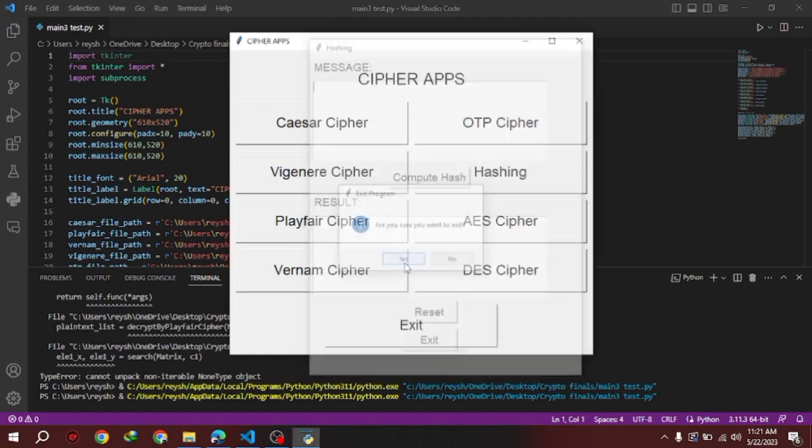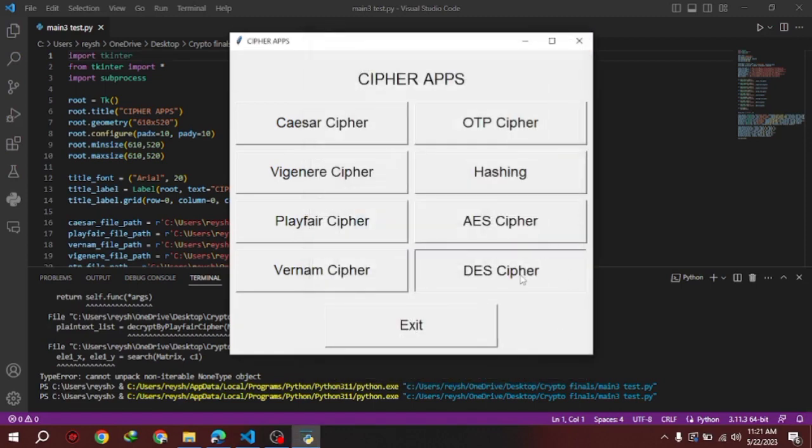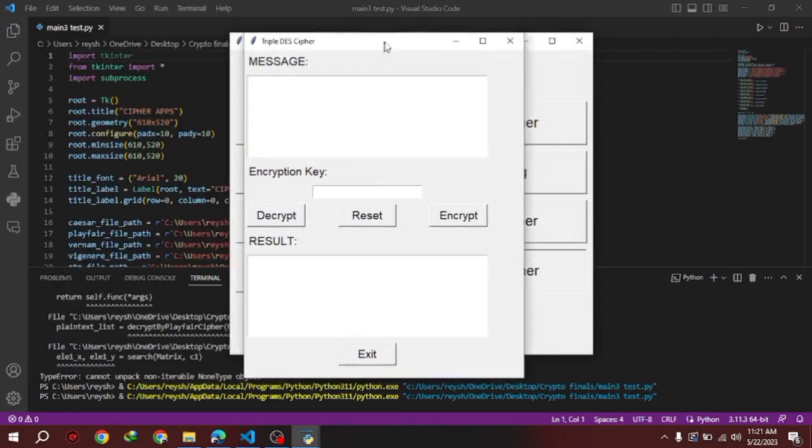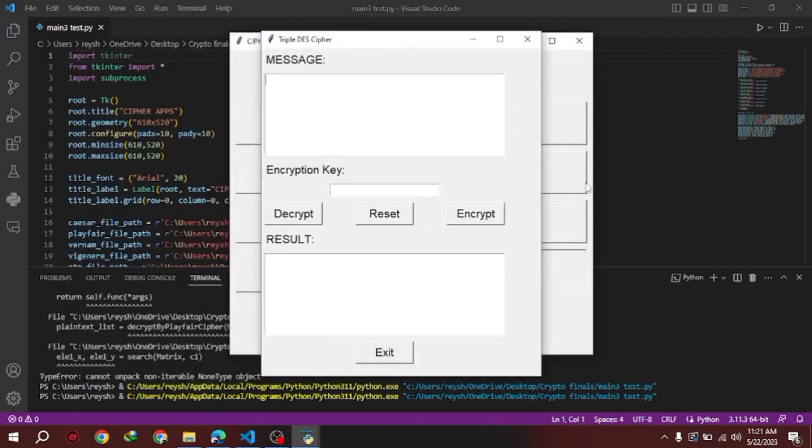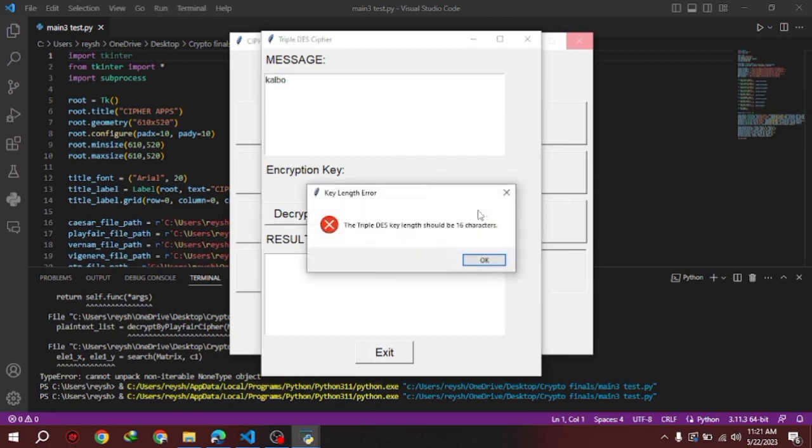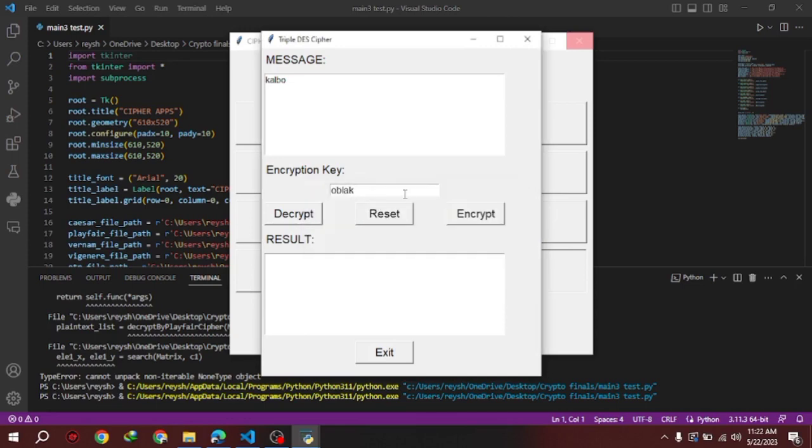And now let's move on to DES cipher. It has a block size of 64 bits and a key size of 56 bits. As a result, DES has been replaced by more secure algorithms such as Advanced Encryption Standard, or AES. However, DES remains historically significant as a pioneering symmetric encryption algorithm and has paved the way for further advancements in cryptography techniques. So it must be 16